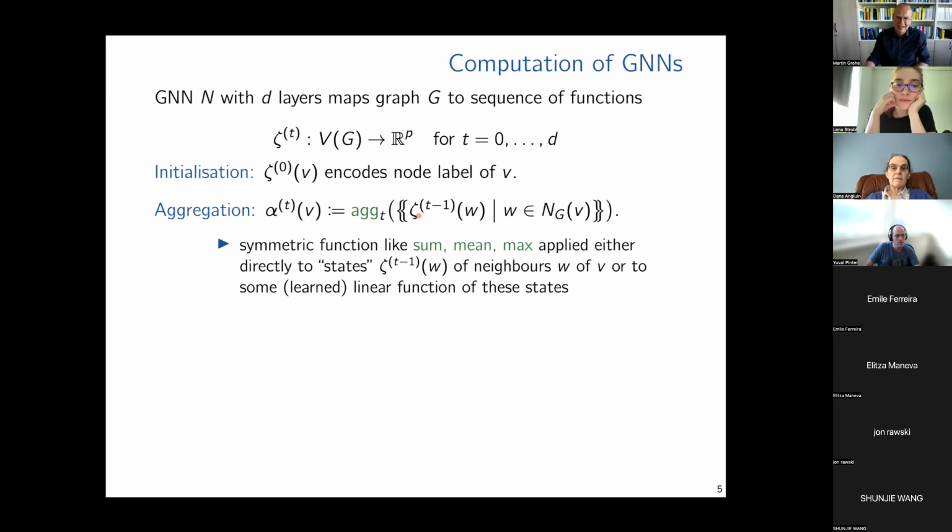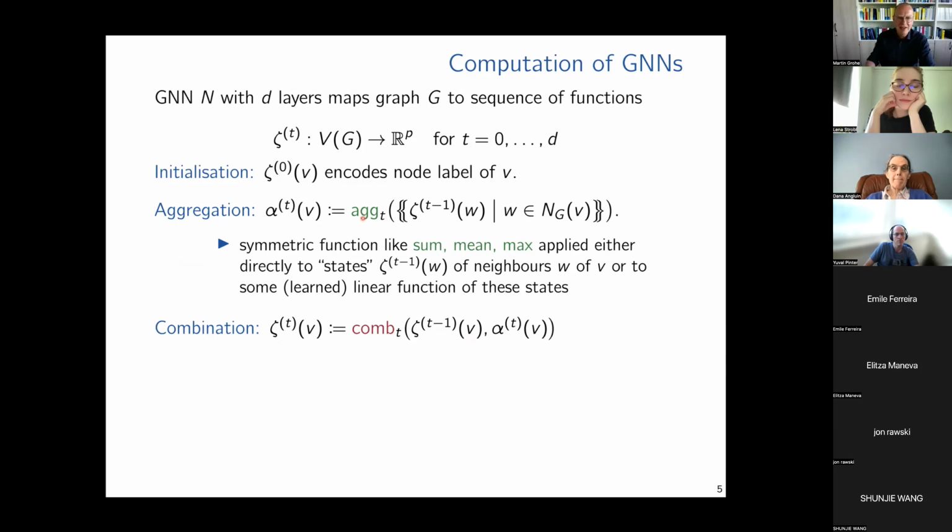Okay, so let's just imagine aggregation is summation. That's the easiest to think of, I believe. So we add up all these vectors and then combine this aggregated value with the old state of the node to compute the new state.